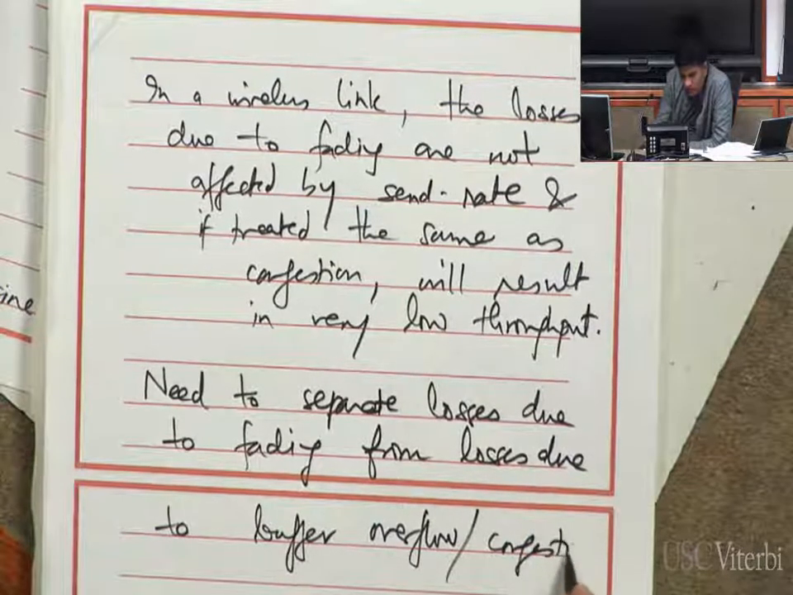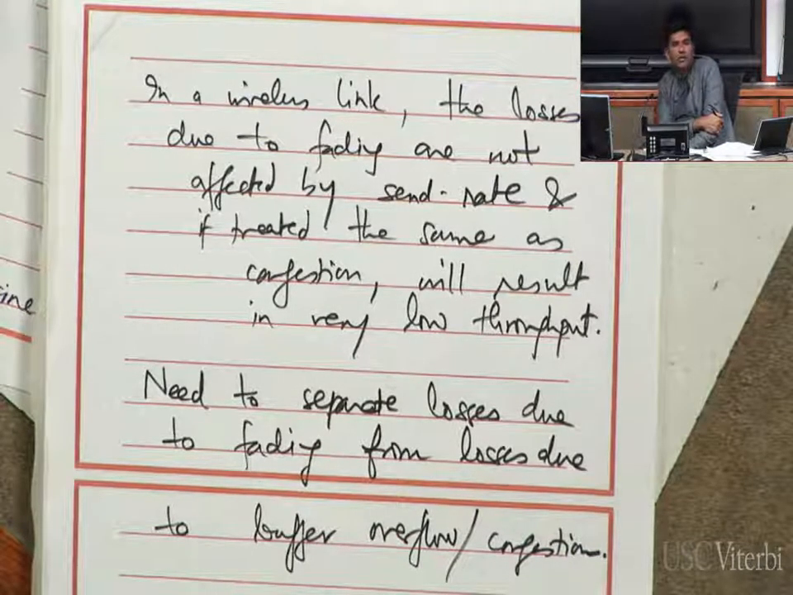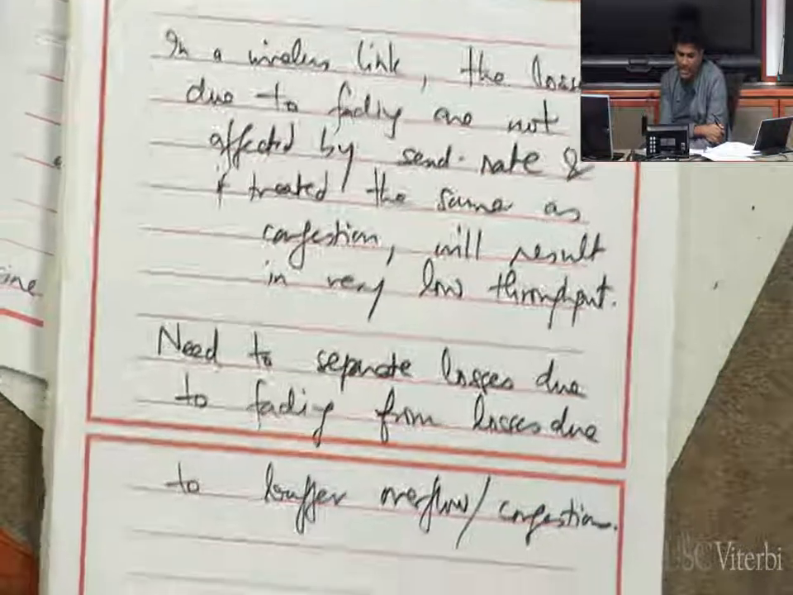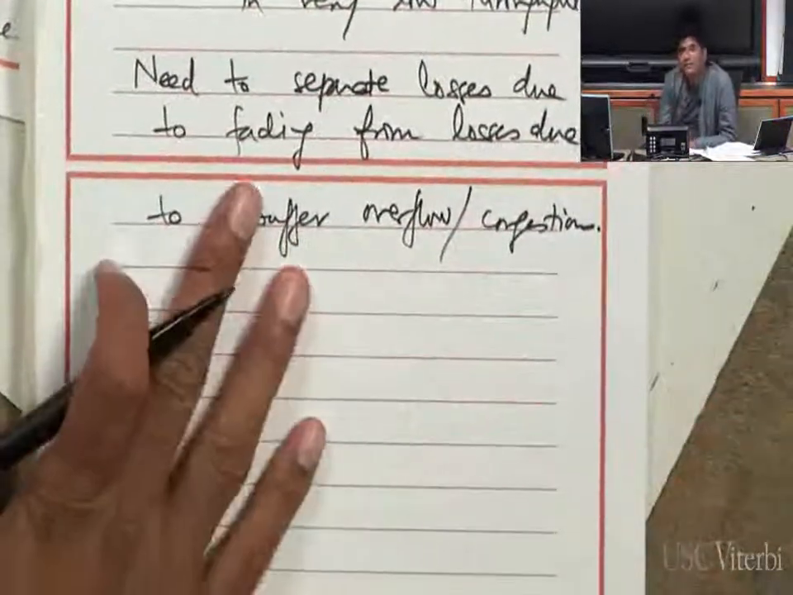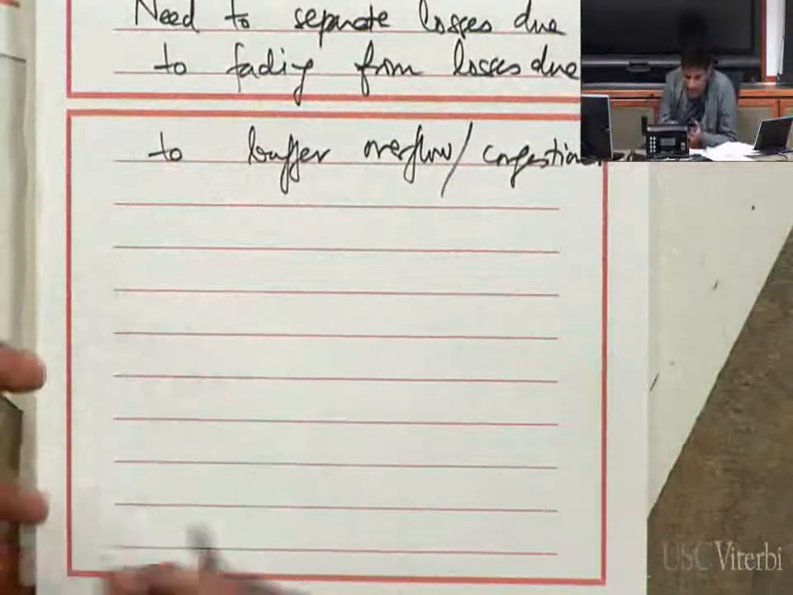Which is what is called congestion. So congestion control should only be applied when congestion happens. It shouldn't be applied when packet losses happen. Because there's nothing about reducing your data rate that's going to improve packet losses due to fading. And as a result of this observation, any implementations of TCP that go over wireless links are typically enhanced with